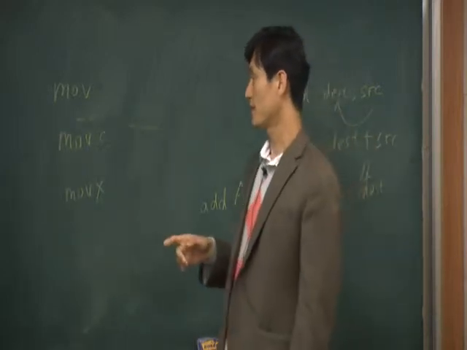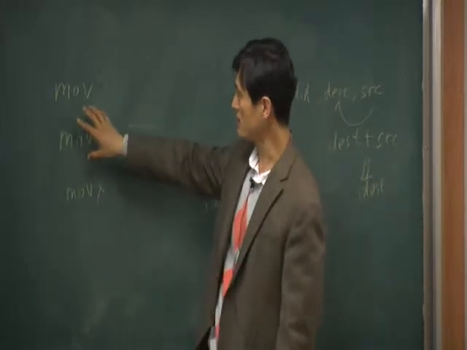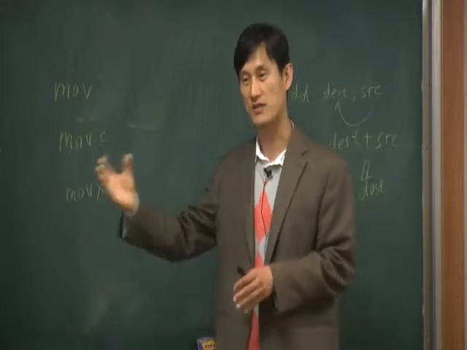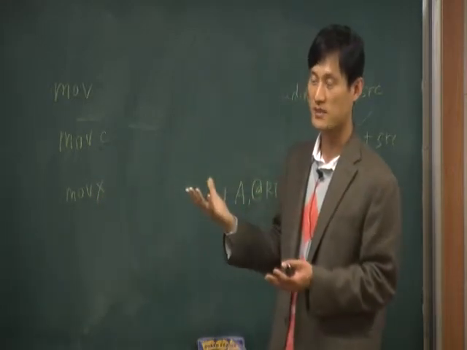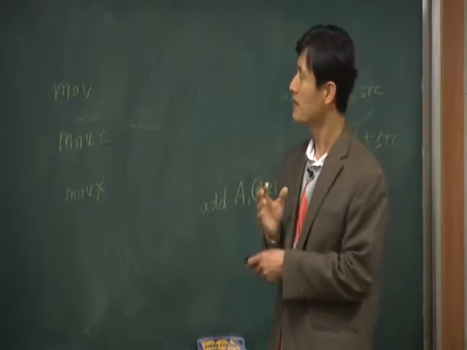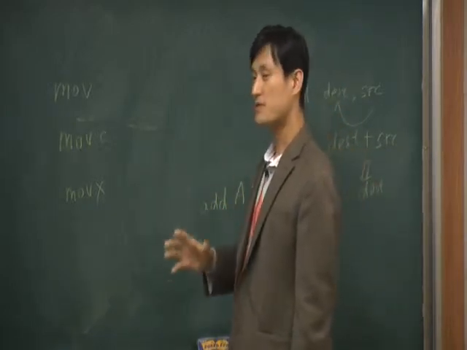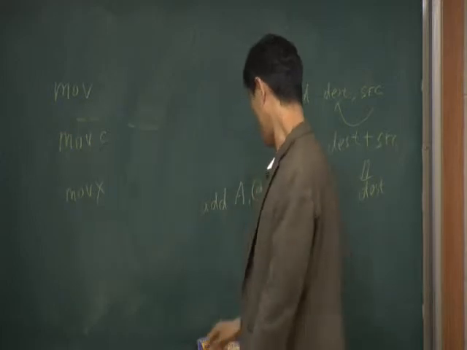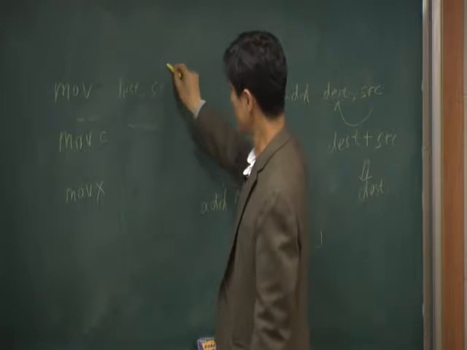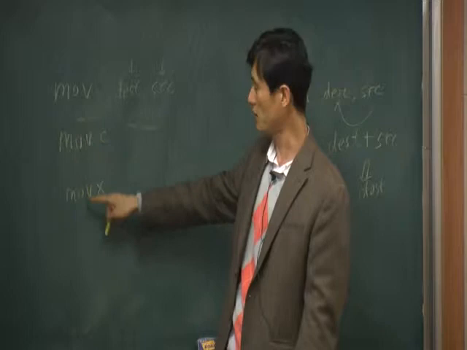But now you have to understand the difference between these. The same thing is that this one and this one simply copy a value from one place to another. In that way, the function is the same. They are doing the same job. But what is the big difference? The difference comes from the addresses. Here, in this MOV, your destination and source are the internal memory. But with MOVC and also MOVX,